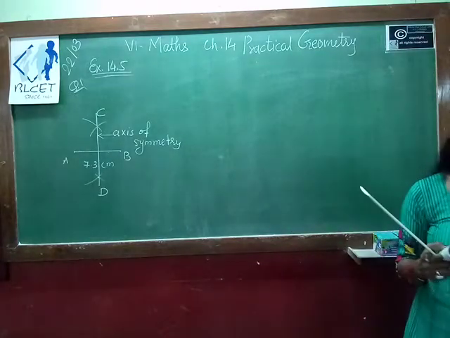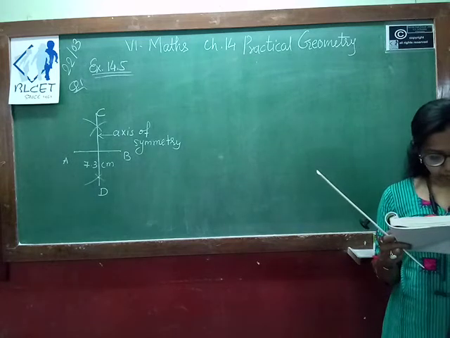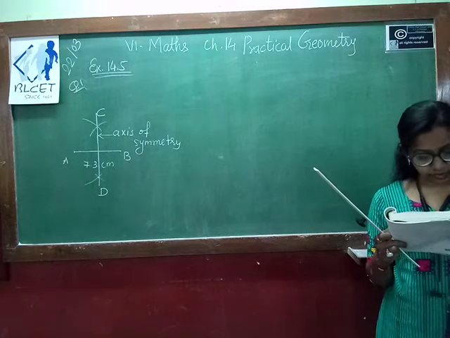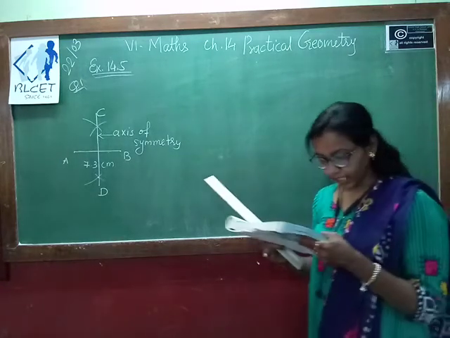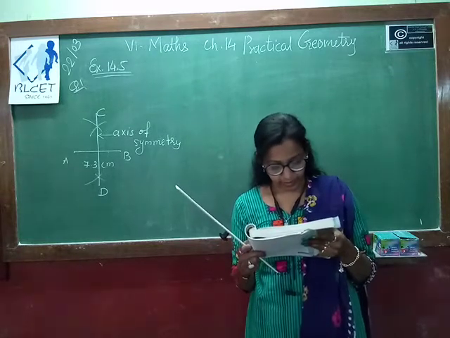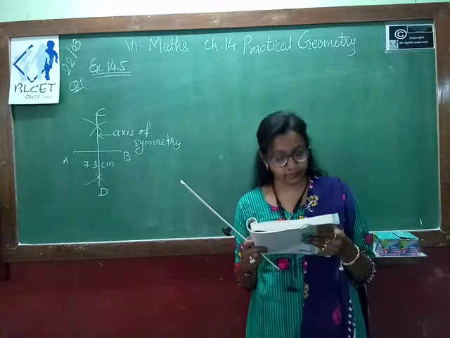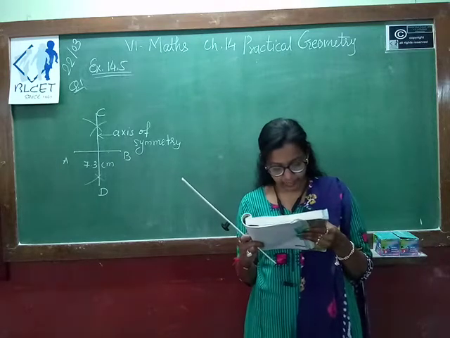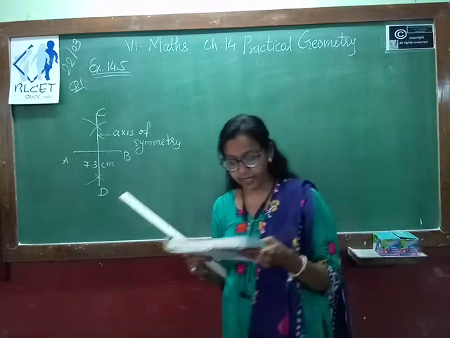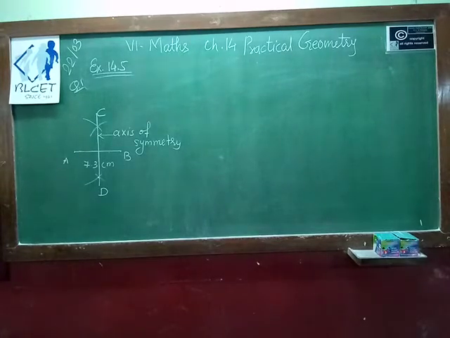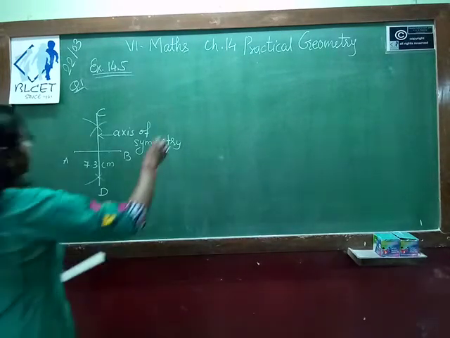Now see the third question. Draw the perpendicular bisector of XY whose length is 10.3 cm. Your first part is, take any point P on the bisector drawn, examine whether PX is equal to PY, and the next is, if M is the midpoint of XY, what can you say about the lengths MX and XY. So we see question number 3 now.